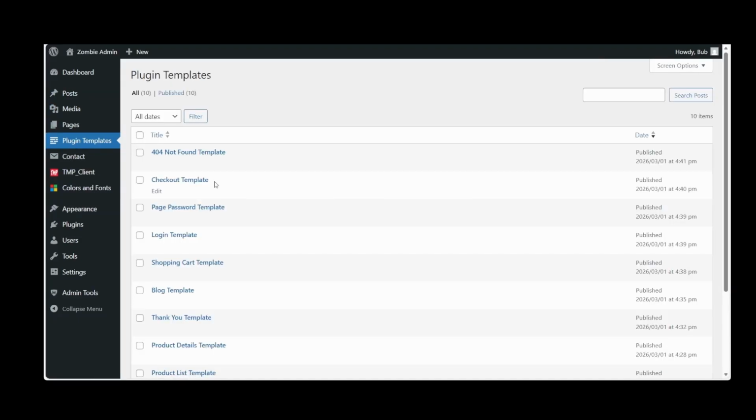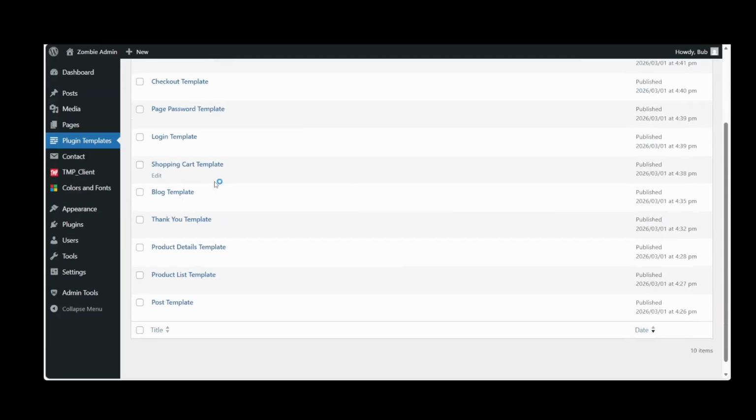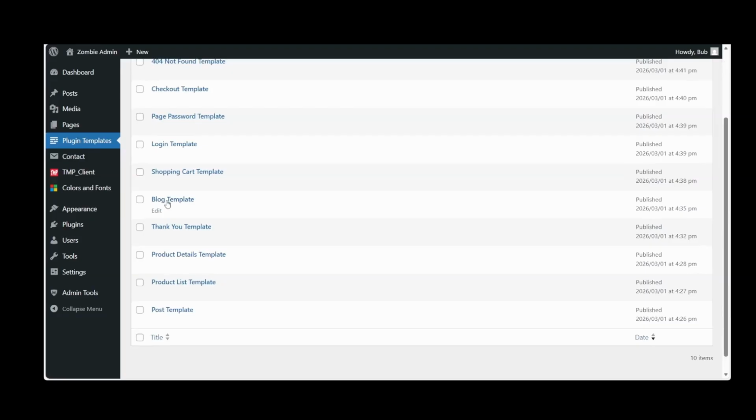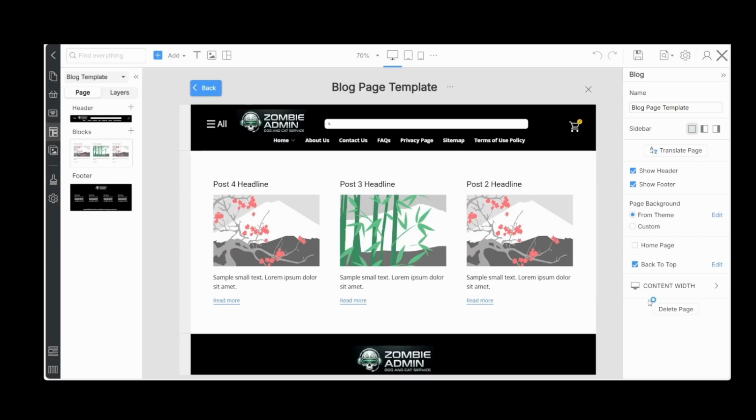And now we can go and edit all our page plugin templates right here instead of having to go to pages. So let's go to the blog template, and it's going to authorize. Let's save.